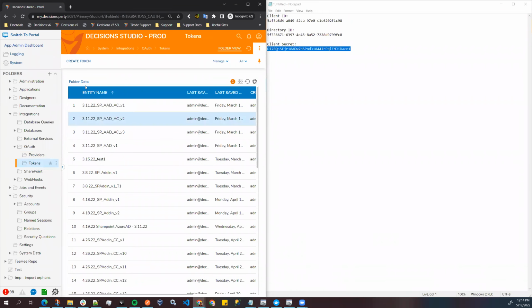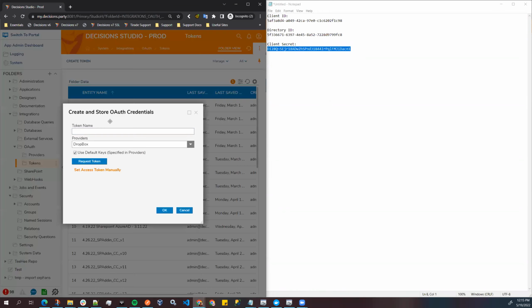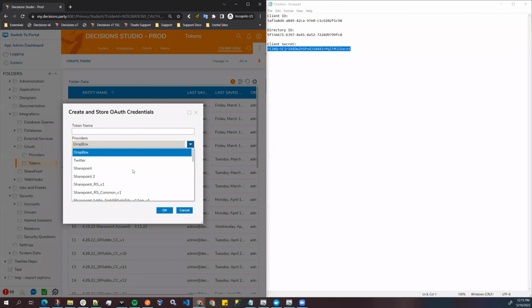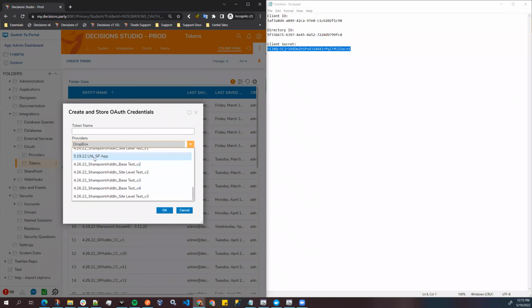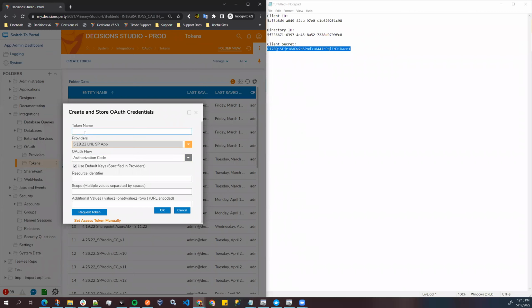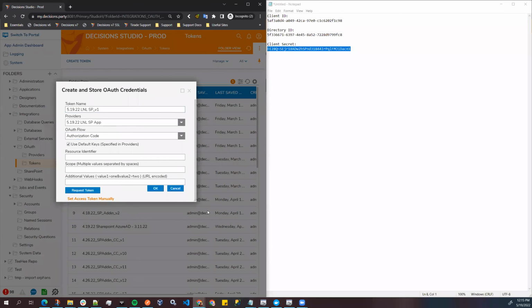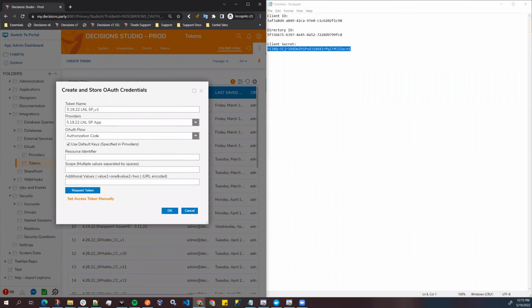Once we've added the provider, we can create a token. We will look for the one that we just made, which is under the Lunch and Learn. So I'll just call this 5.1.22 version 1. We'll leave everything else checked. And then I will be grabbing